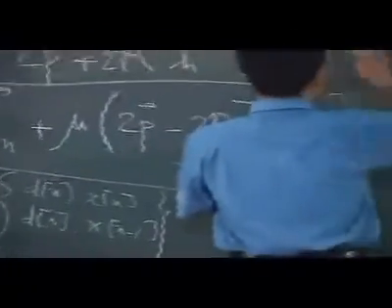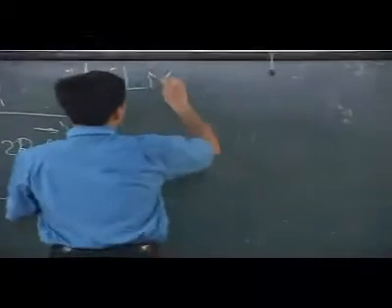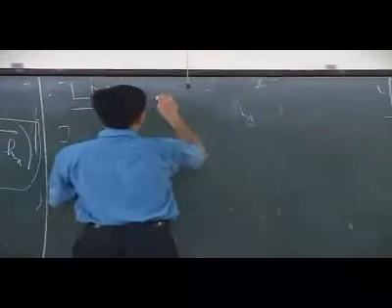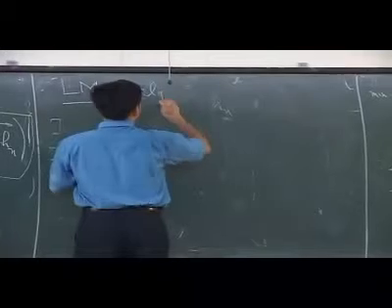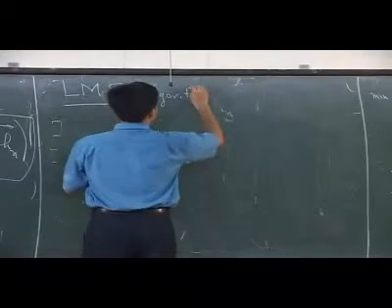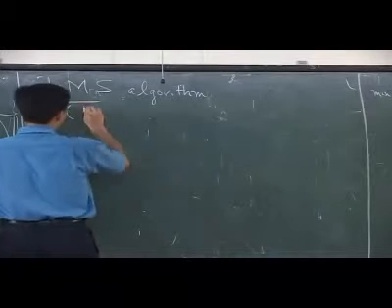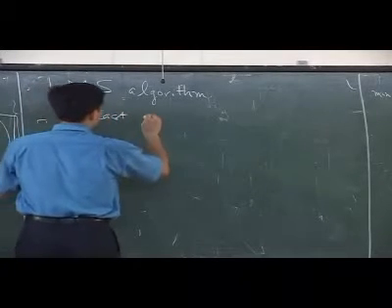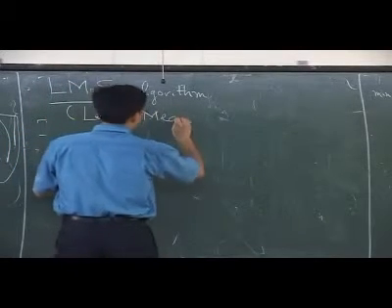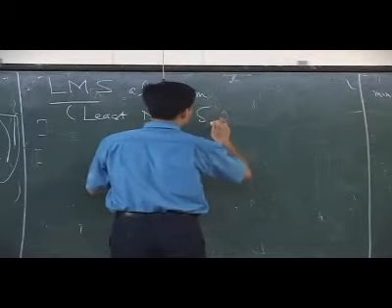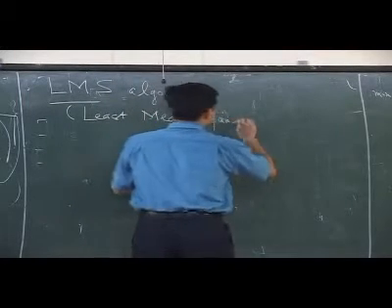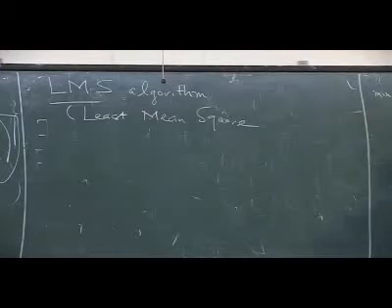So simply, the LMS algorithm, one of the most powerful algorithms in signal processing. What does LMS stand for? Least mean square. I hope that's correct. The least mean square algorithm